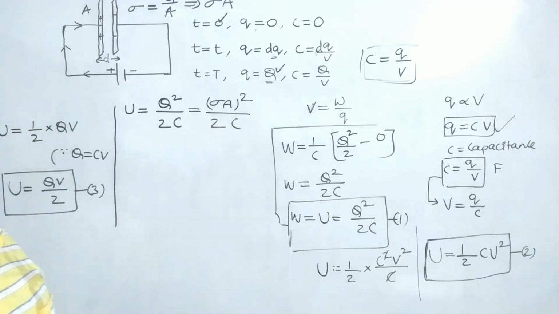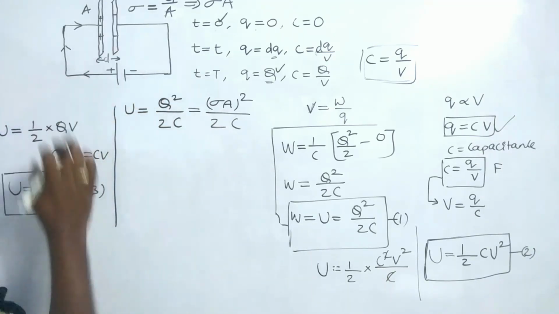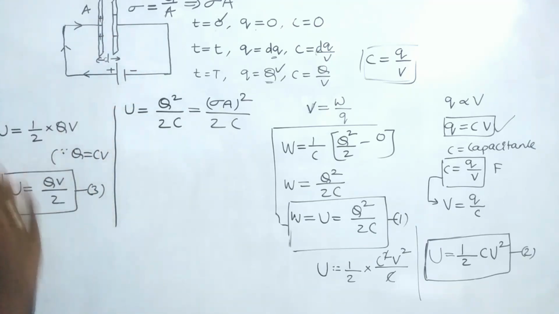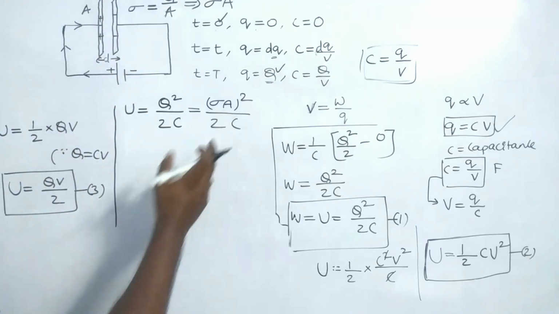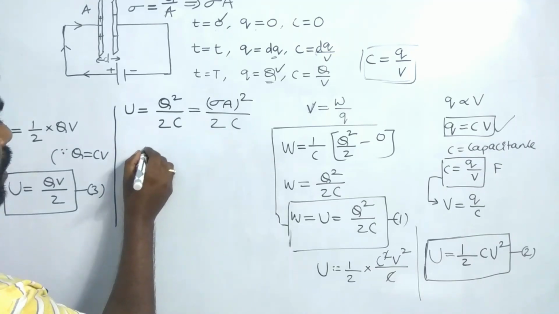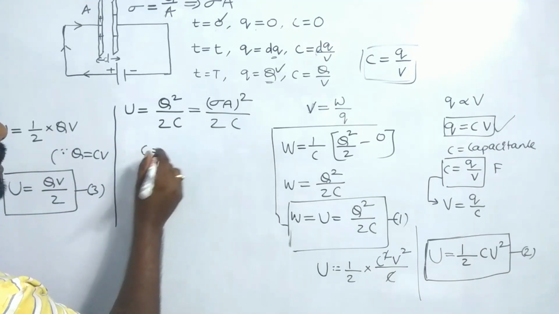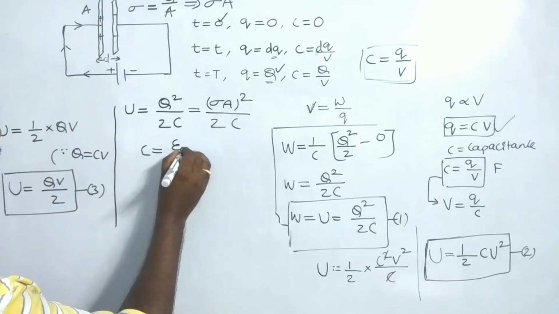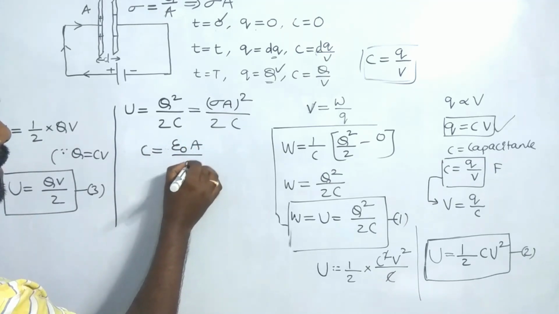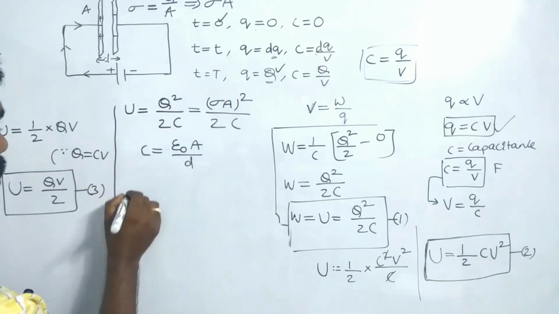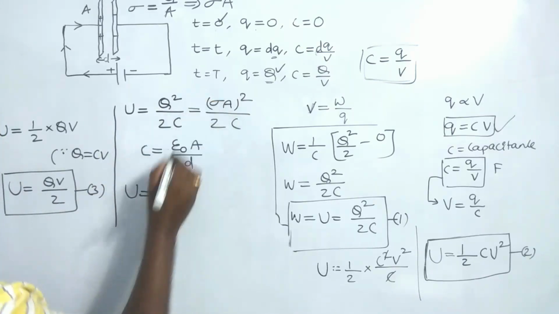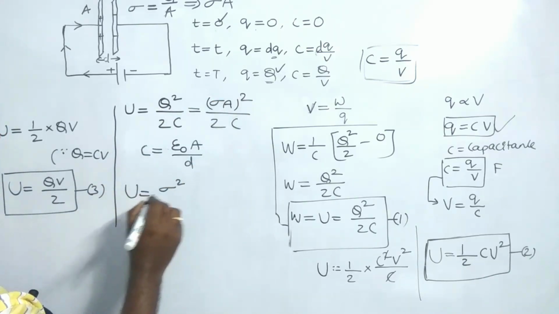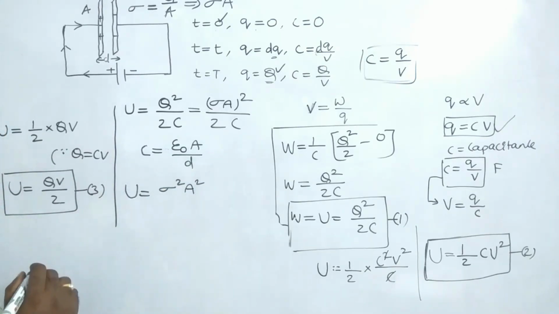C is the capacitance, where these two plates are the parallel plate capacitor. The capacitance of a parallel plate capacitor, already derived, is C equals epsilon naught A by D. Let us substitute here. U is equal to sigma square A square